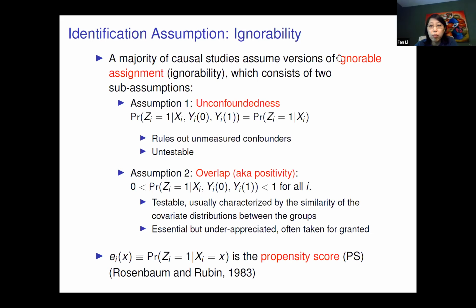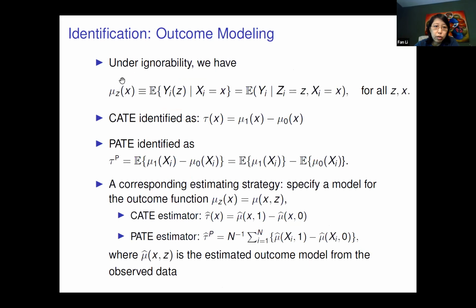The name ignorable is actually very interesting. We use it all the time, but it's particularly meaningful in the Bayesian context, and I use it to jointly refer to both. Of course, the propensity score is just the probability of a unit getting treatment given the covariates. Ignorability is important because under it, we can identify